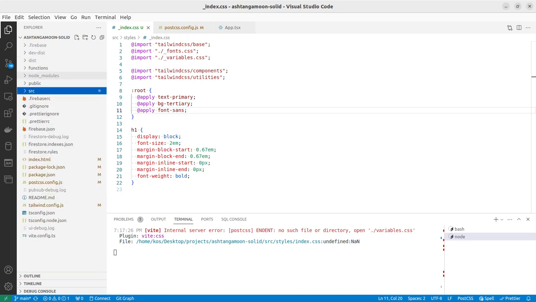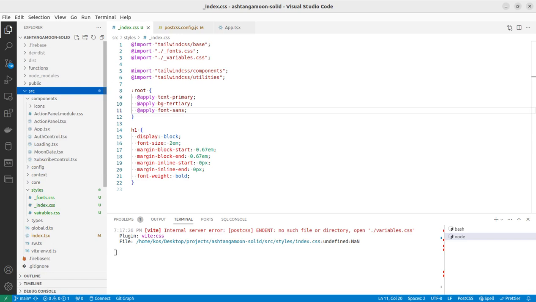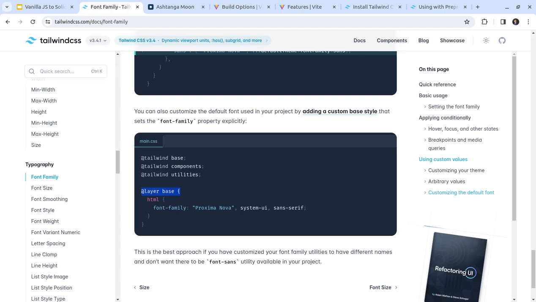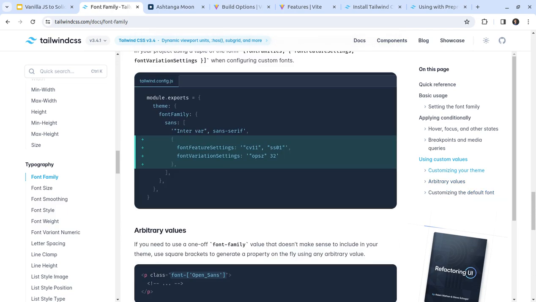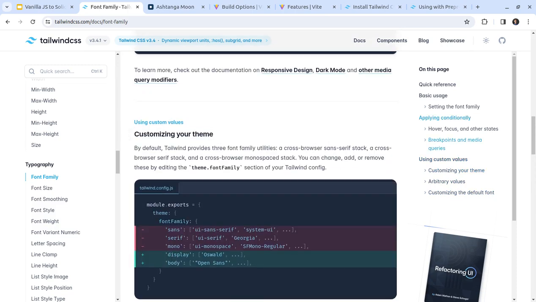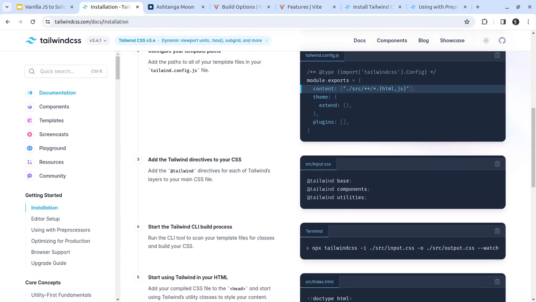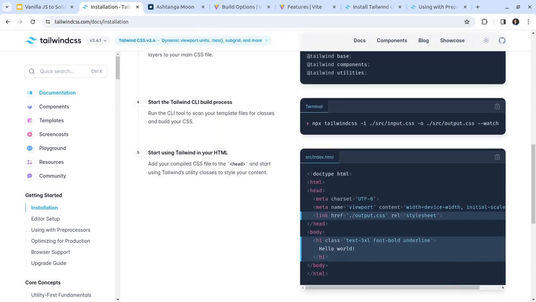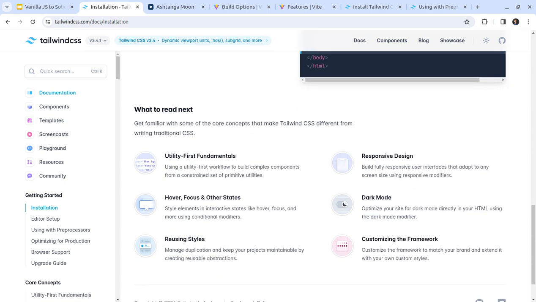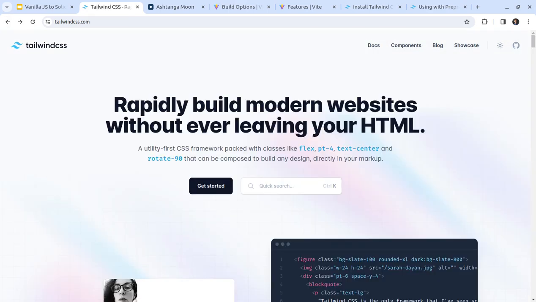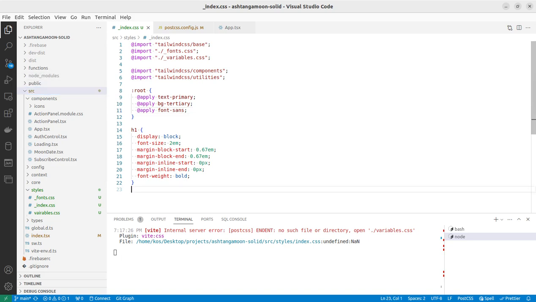Something like public, maybe not. What's the Tailwind recommendation on including CSS to the project? Okay, let me just get started. Follow get started. Okay. No, it's not. It doesn't give me much. Well,